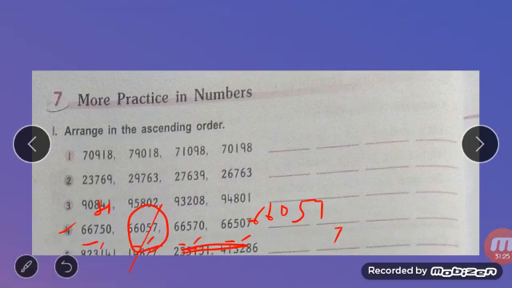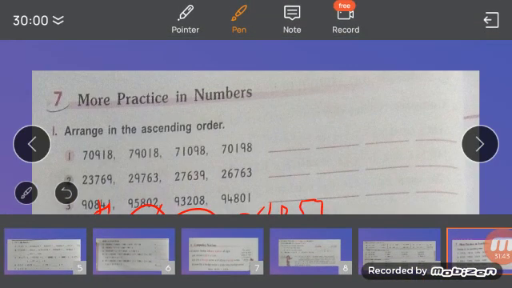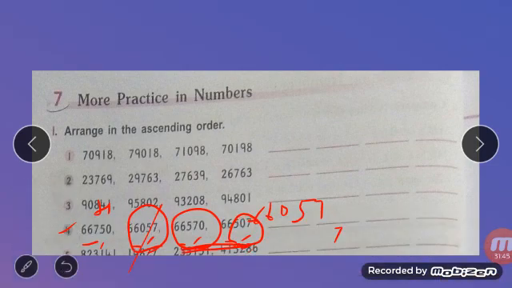665. Both you are getting the same. Here is 07. Here is 70. So you have to see the tens place, 7 and 0. Here in the tens place 0 is there. Here in the tens place 7 is there. So 0 is smaller. And you have to arrange in ascending order. So you have to write this number first. Okay, 666507. Okay, done. Now what is left?